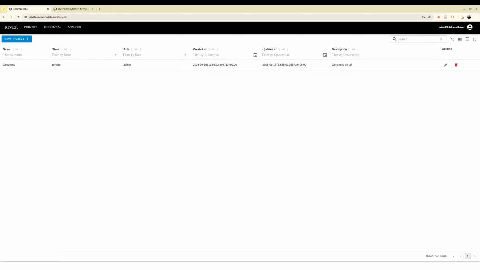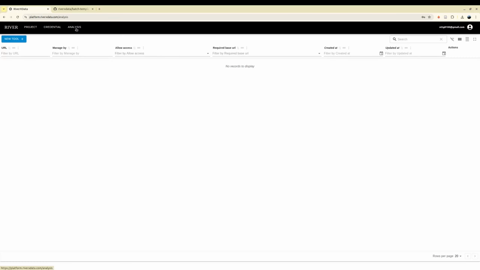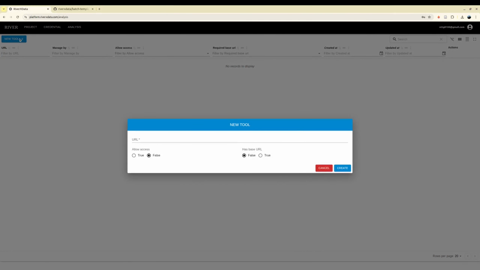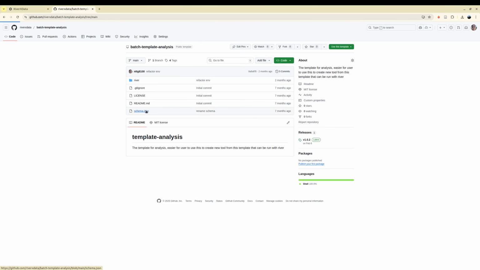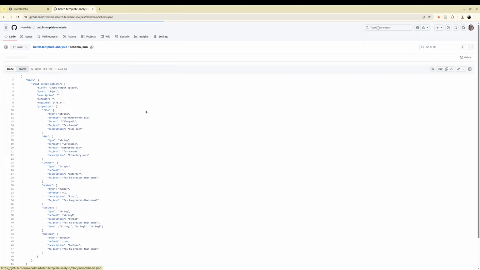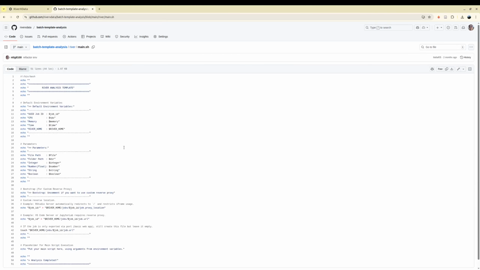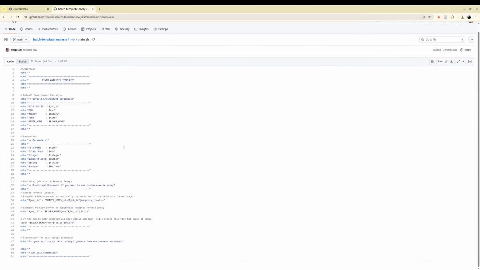Next step is running tools. That is called jobs. In RIVER, tools or workflows are set up from a GitHub repository, which you can develop independently. To make a tool available in the platform, your repository should include a schema.json file that describes the input parameters for the job, as well as the job script, typically a batch script bootstrapped from the main.sh file in the